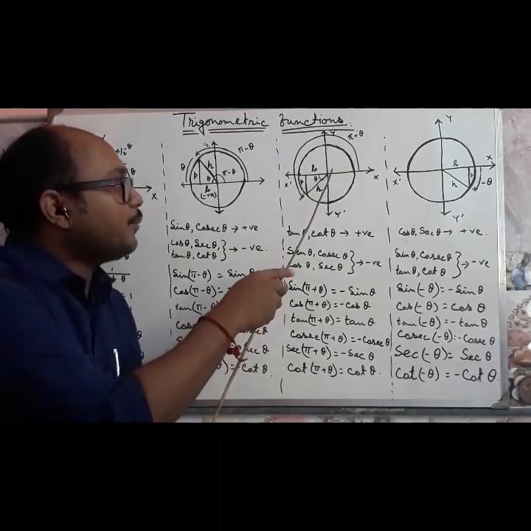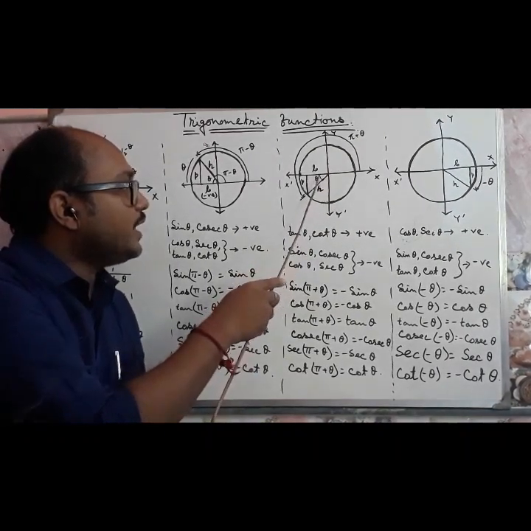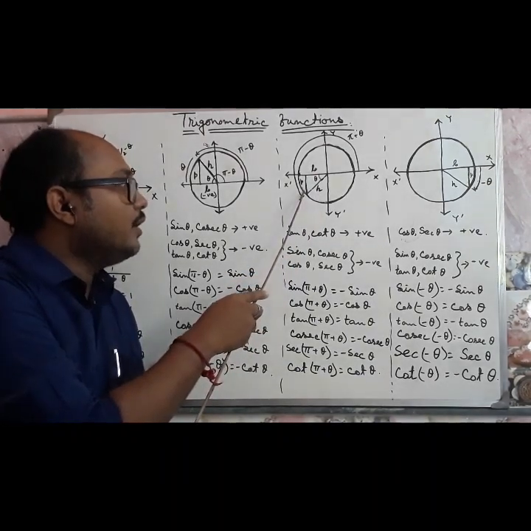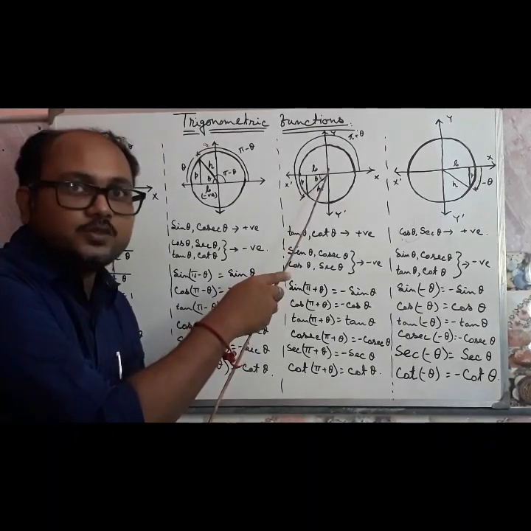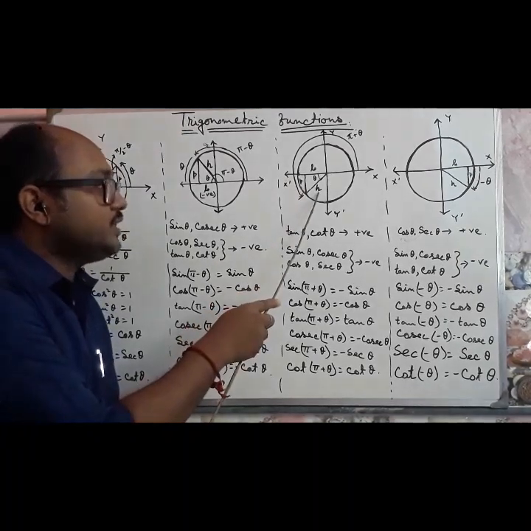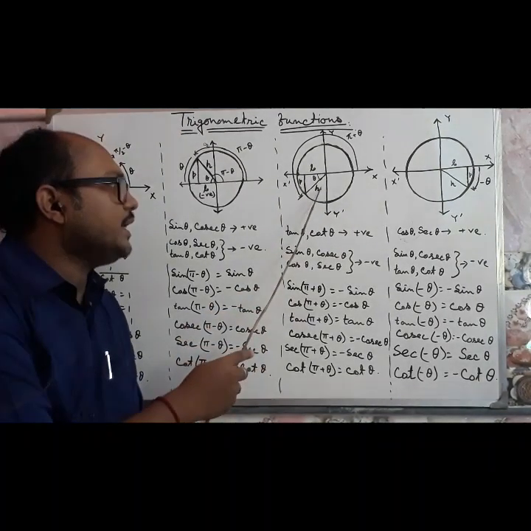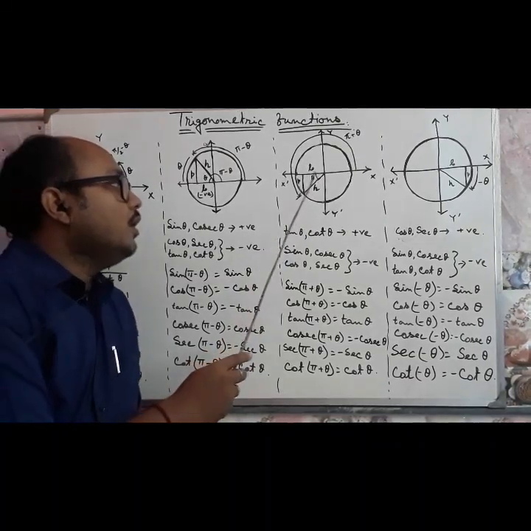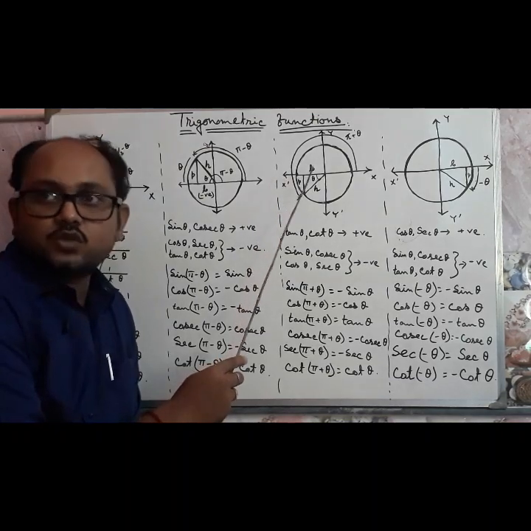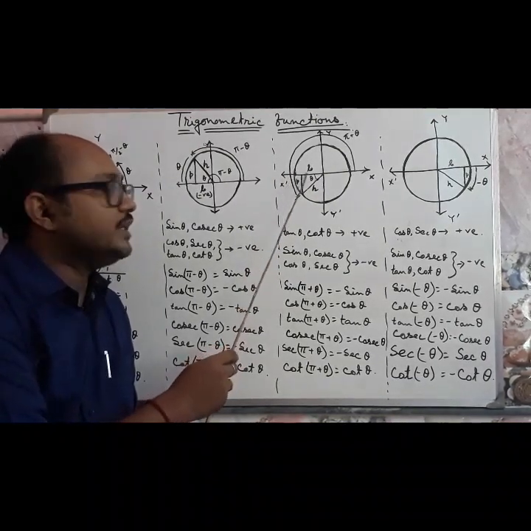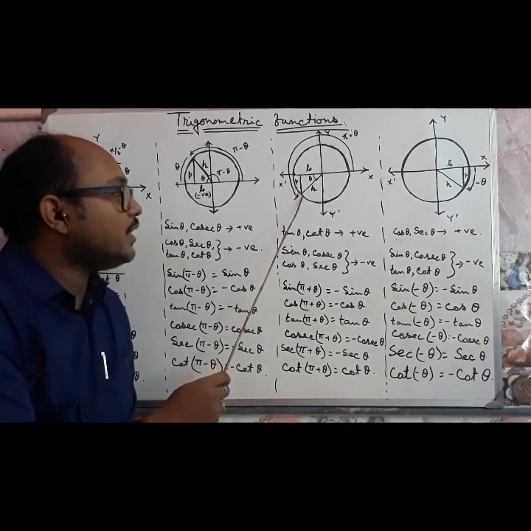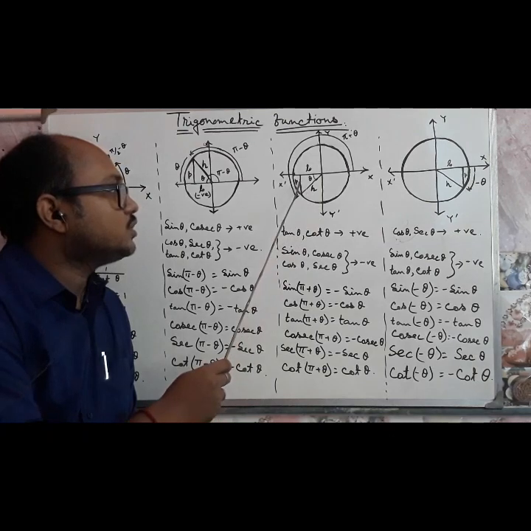That means after this 180 degrees, after this pi, let this angle be theta. So again here in this third quadrant, the right angle triangle is formed, having the base B and the perpendicular P, hypotenuse is H, that is equal to 1 as the radius is 1. Now this base, you see, is again measured in the negative direction of the x axis, so the numerical value of this B is negative, and the perpendicular is measured along the negative direction of the y axis, so this perpendicular is